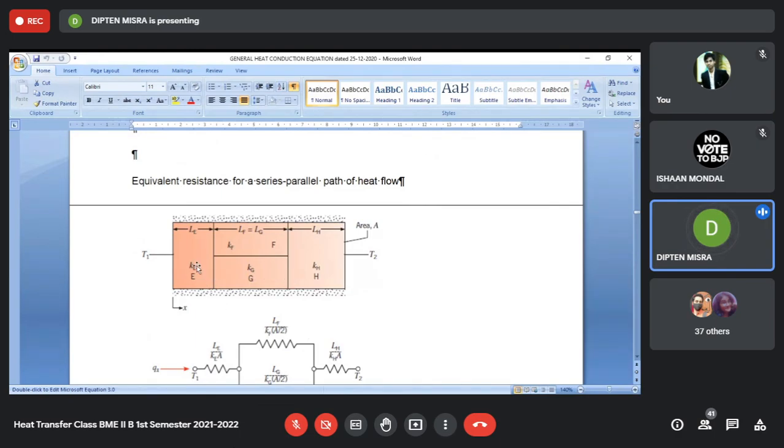Okay. And similarly, there may be a case where the resistances are not in series. The heat flow is not taking place in series. Some part of the heat flow is getting branched out. Some part goes through one material, some other part goes through another material, and finally comes out. This we'll discuss today. It is becoming late. Let me make a roll call and then stop it over.